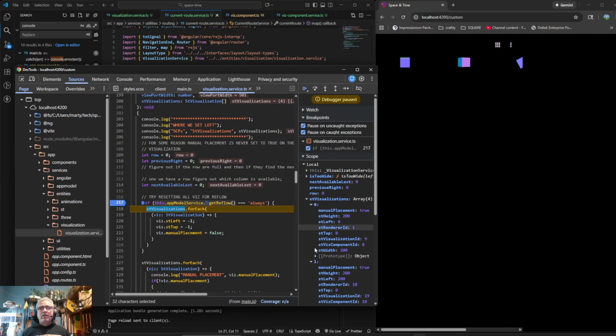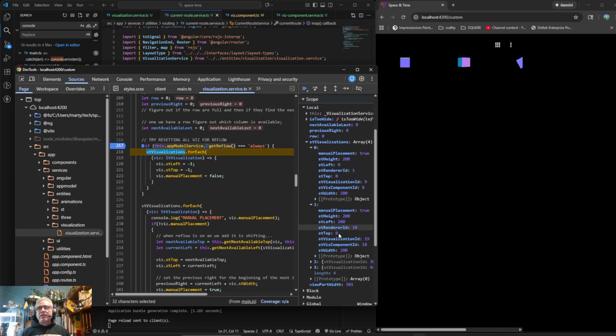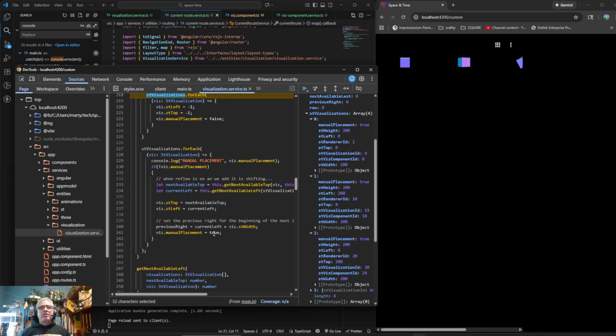So when we're out of this, they should all end up at 1 again. Now, let's see. The left is 200. Oh, so this is left at 0 and the top at 200. So actually, this is working because it's already correct. It just doesn't end up